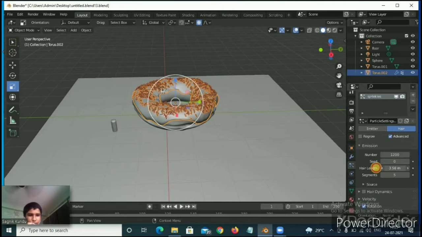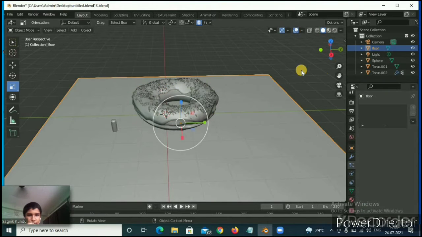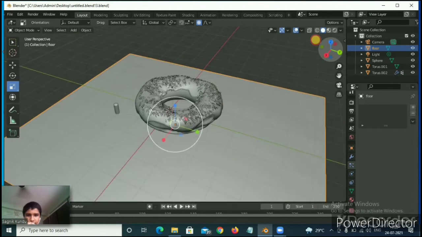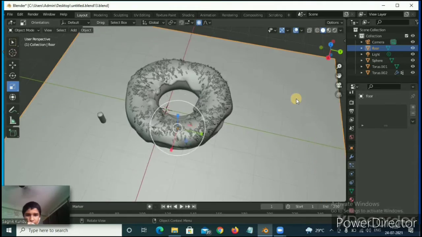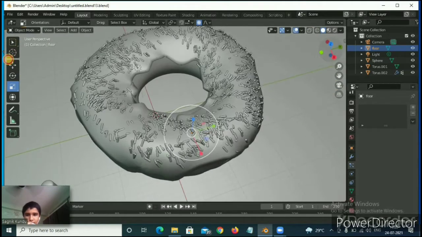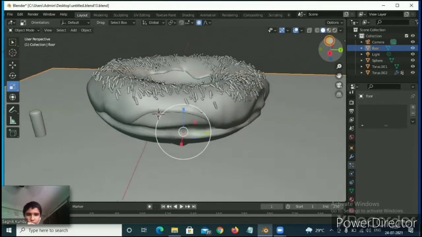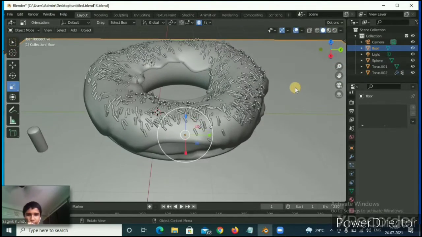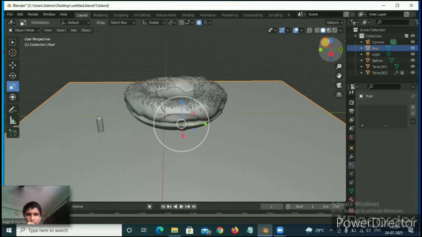I will decrease this a little bit, 3.21. You can choose the size as per your choice. Now it's okay.